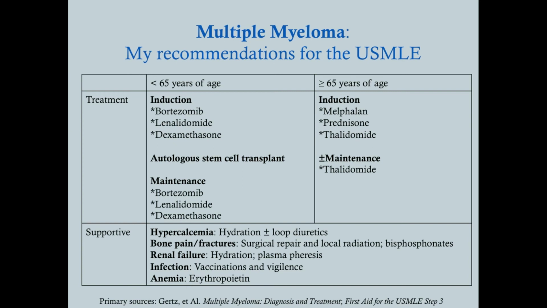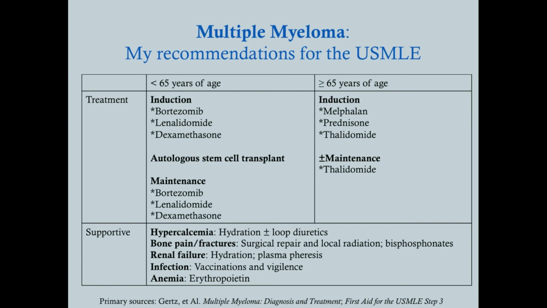If they're below 10 grams per deciliter, you can give erythropoietin. Now you might think, well, erythropoietin, why are we giving that when this is a bone marrow problem? You're certainly not giving erythropoietin in patients who have aplastic anemia. Well, the reason that we can give erythropoietin in multiple myeloma is because there is nothing wrong with the red